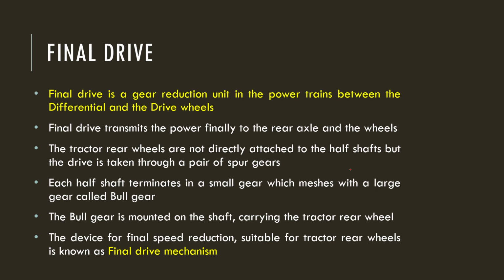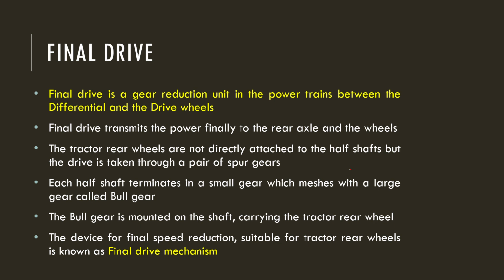So the gear speed reduction is achieved in different parts. We reduce some amount of speed in the transmission gearbox. Then we reduce some amount of speed in the differential, because the pinion and crown wheel have a very large size difference. Further gear reduction, the last gear reduction, takes place in the final drive. After the transmission gearbox, the power is given to the half shaft.